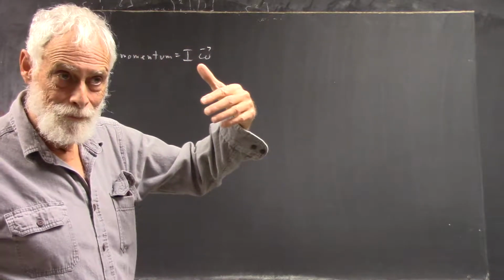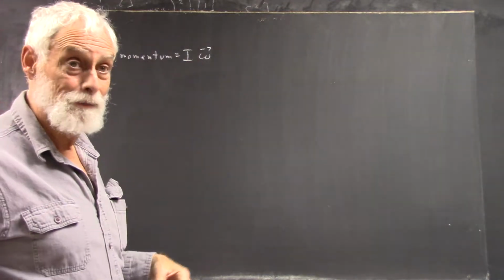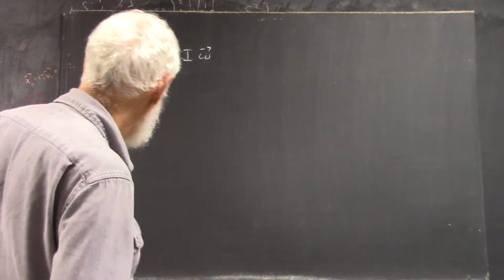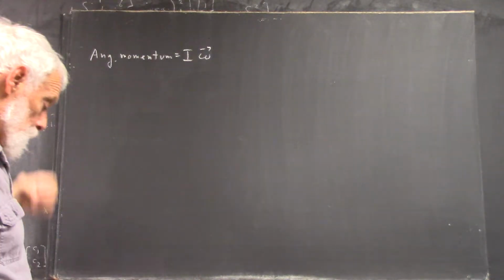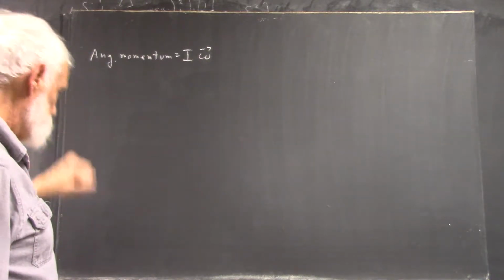MV, total MV of a system remains constant in an isolated system. Okay? Hopefully you're conversant with that. Okay. So that's it. Now, if we have